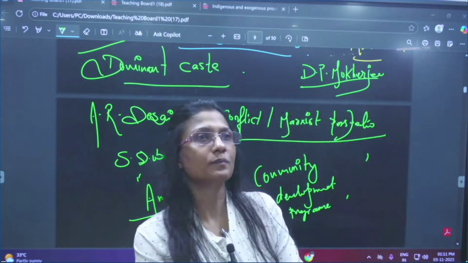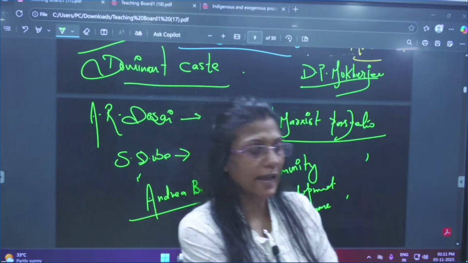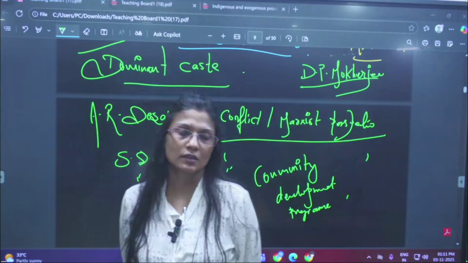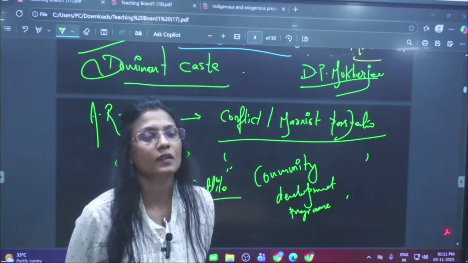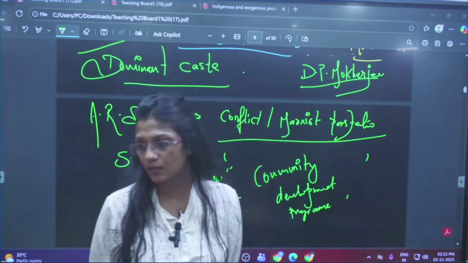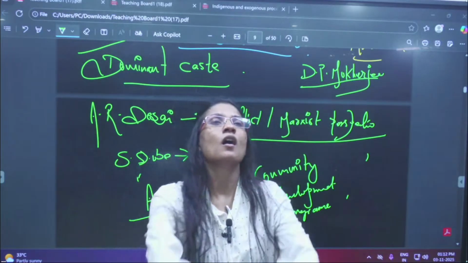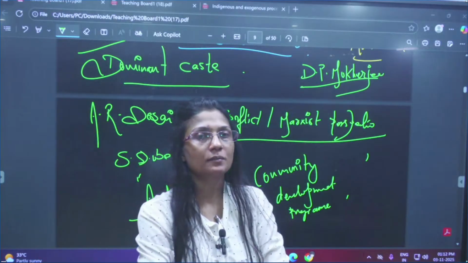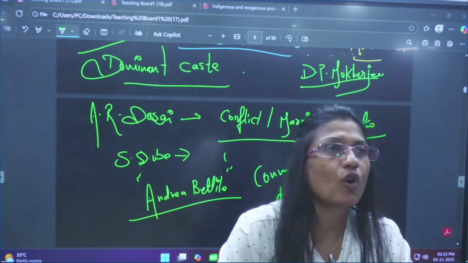All right, now one more line. As per Talcott Parsons, cultural values establish social institutions, and these social institutions further create a social system. Okay? So, Indians' cultural values, write down. So, India's cultural values